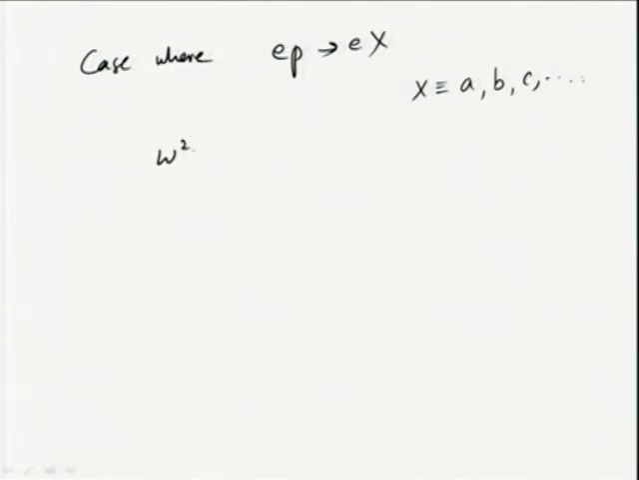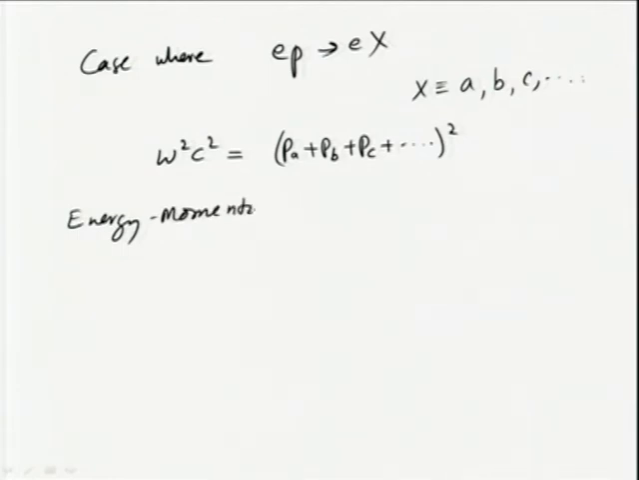So, W square c square, the invariant mass square times c square, is Pa plus Pb plus Pc plus etc., all 4 momenta, squared. Energy momentum conservation will tell you that the initial energy momentum, Pe plus Pp, all these are 4 momenta that we are considering, is equal to Pe prime, the final momentum of the